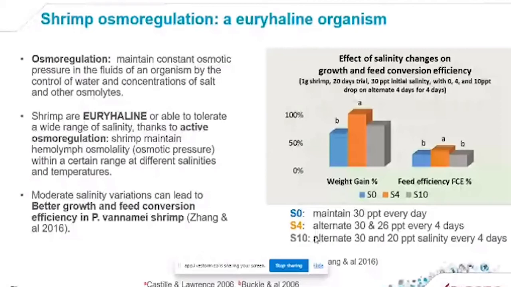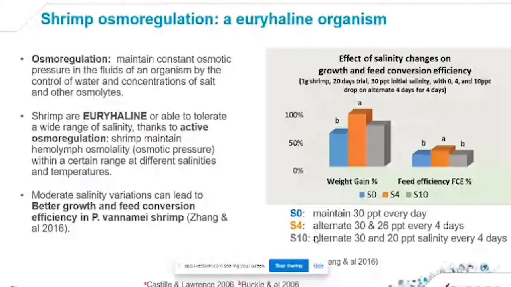And shrimp, because they are able to osmoregulate very well, can maintain the hemolymph osmolality or osmotic pressure within a certain range at different salinities. So although the osmotic pressure changes in the environment, they maintain it inside the shrimp at a relatively constant level. Shrimp are such good osmoregulators that even moderate salinity variations, just by 4 ppt,